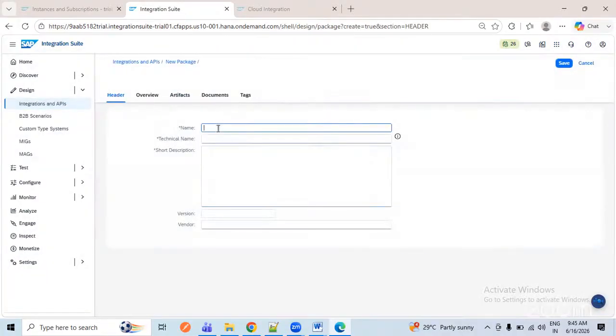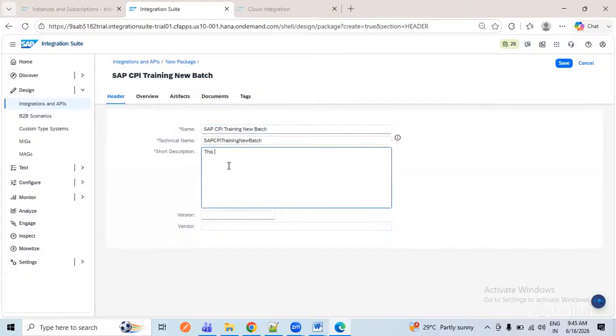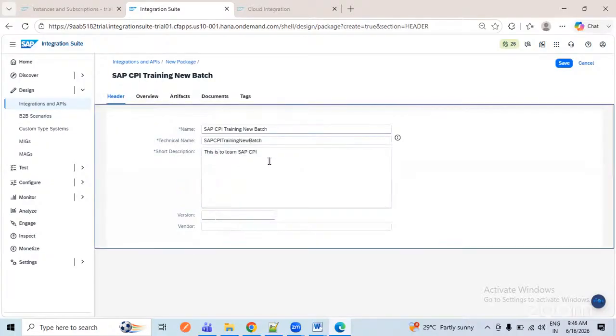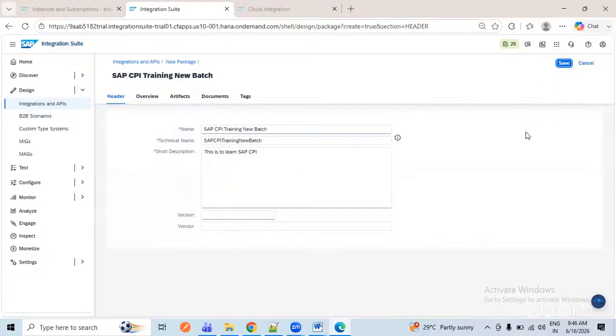So I will name this SAP CPI API. Some name I have created. This is to learn SAP CPI. Some demo description I have added here. So now I'm clicking on save here